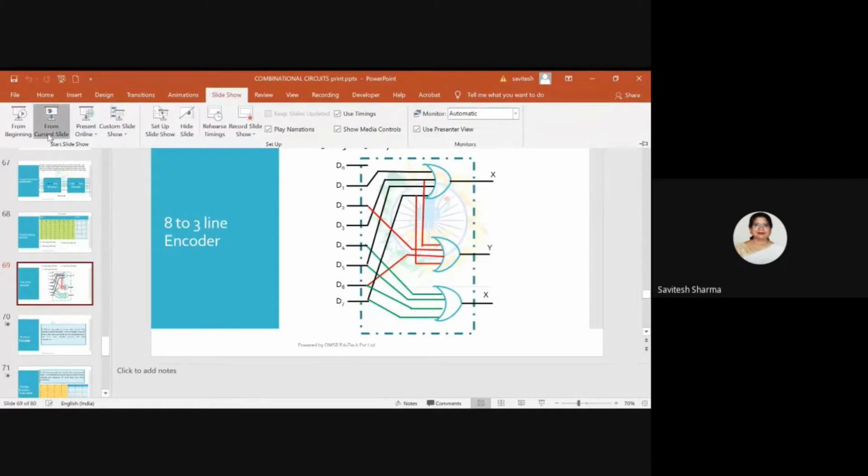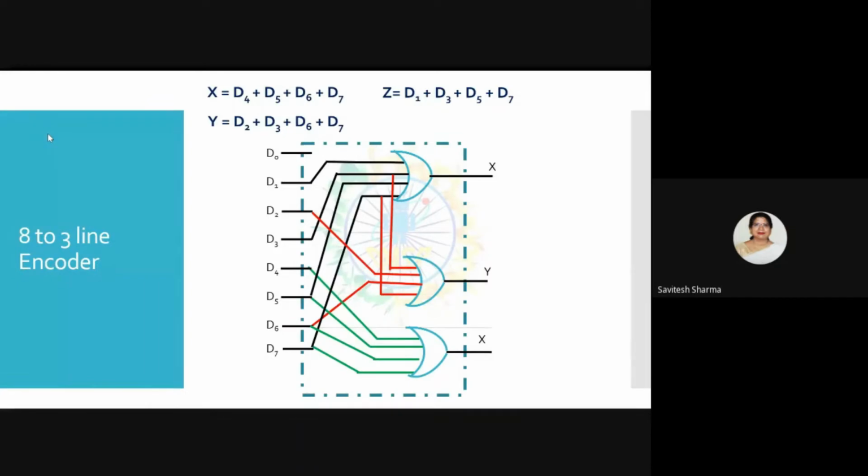Okay, last time, yesterday, what I was discussing was the encoder. As I said, an encoder can convert a large number of bits into a small number of bits, so information can be sent in a compact form. This actually uses the concept called compression. Here I am compressing the information into smaller bits.